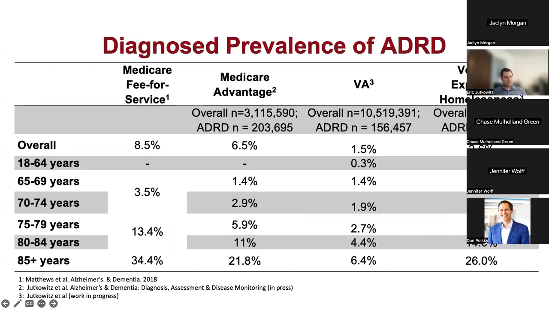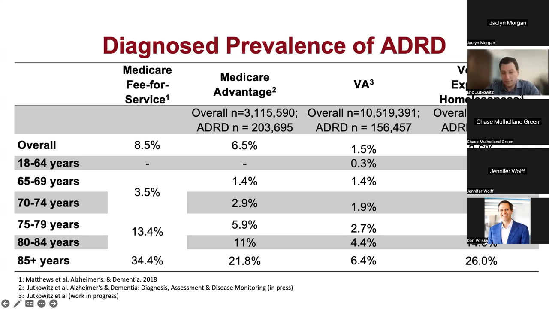This is some data we've published, and then data other people have published as well, on the prevalence of dementia in Medicare fee-for-service, Medicare Advantage, and the VA. I think as expected, the prevalence of dementia increases with age. What's really interesting to me is that, when we're looking at the Medicare fee-for-service versus Medicare Advantage comparisons, Medicare fee-for-service seems to be taking care of more people with dementia, even though Medicare Advantage is probably more